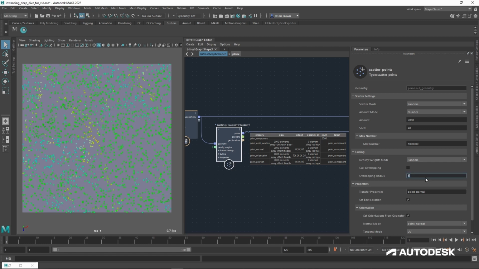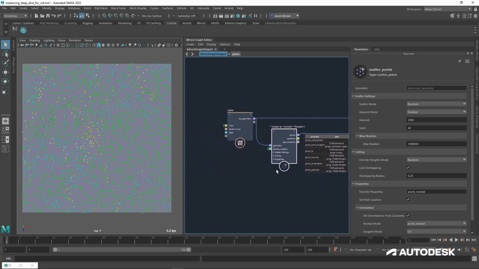I'm going to set this up to 1. I'm going to cull overlapping points. There we go. No, it's not blue noise, it's random. But any point that is closer than 1 to each other has been deleted. You can see that if I turn that off, my count goes back to 2,000. Turn it on, count goes to 234. Obviously, if I drop this number, drop it again, then you can see how that's working.